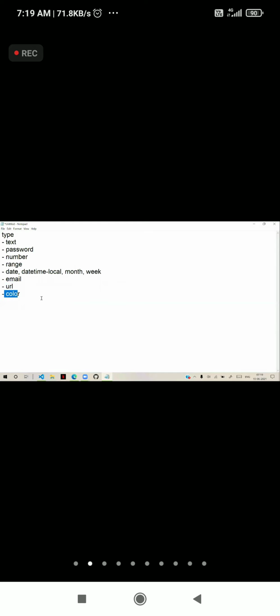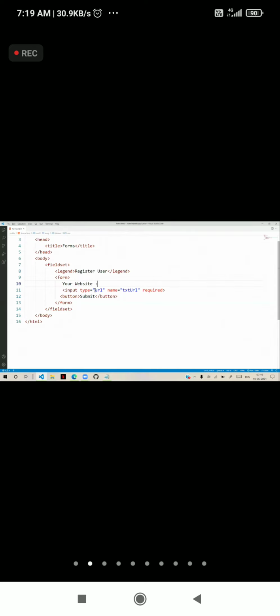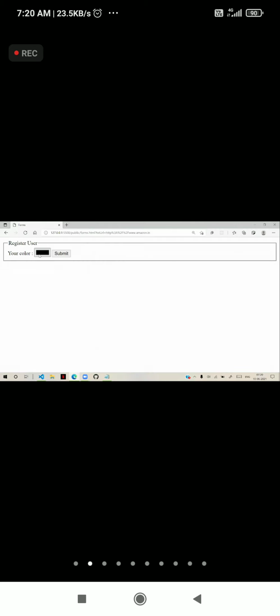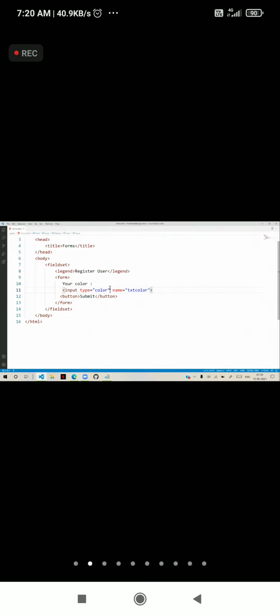We have a color also. Color opens a color picker automatically. So your color, something like this, and txtColor. And you can see that color will automatically give you a color picker. So this is a color picker. Suppose I am giving the color value here.